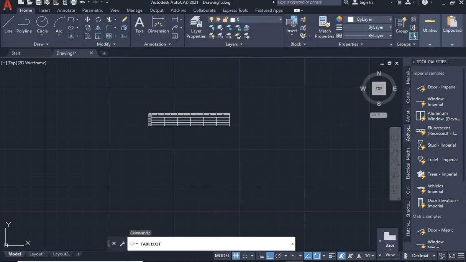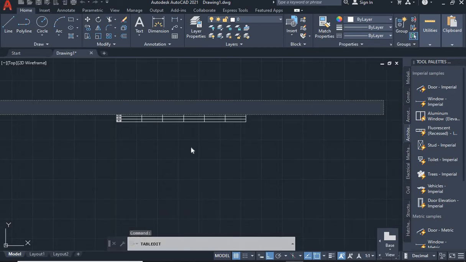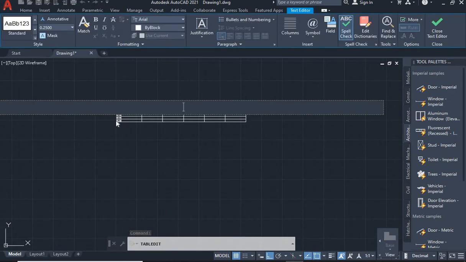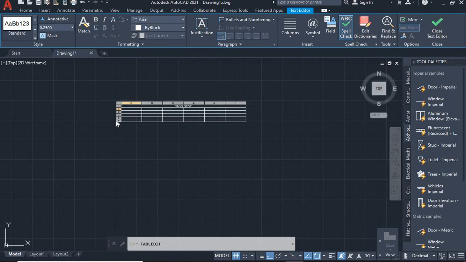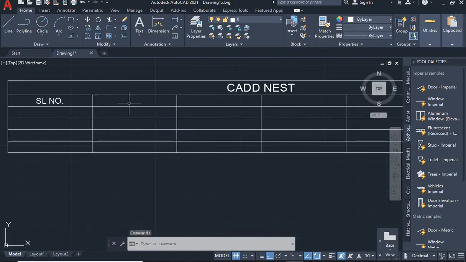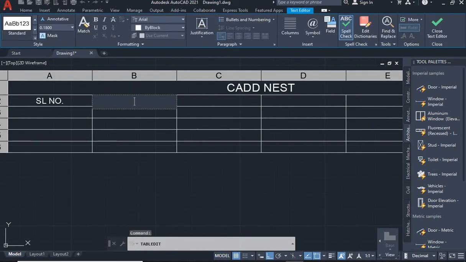Now you can see I have placed my table. Whatever typing I am doing now is for the title. So title I can give anything. Enter. Next comes the header portion. In the header portion, I'll write serial number, enter. Next I'll be coming back to the data part. If you don't want this, just shift. If I need to type something here, double tap on that and write down